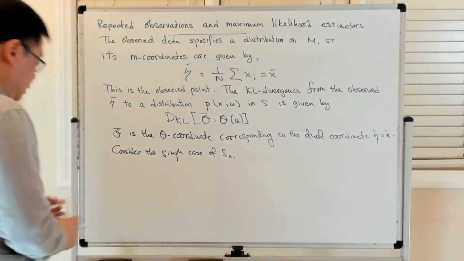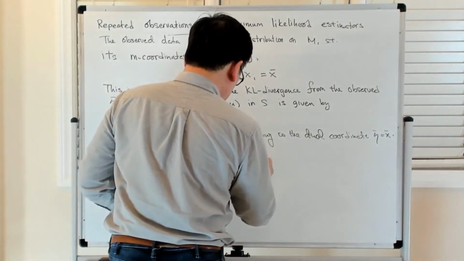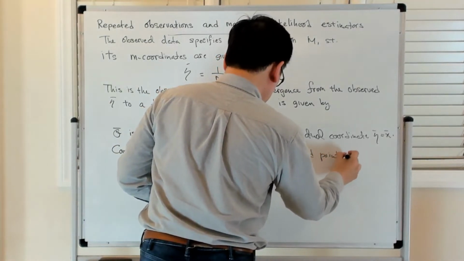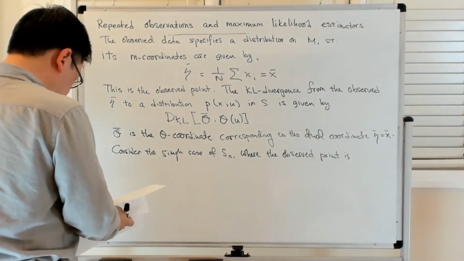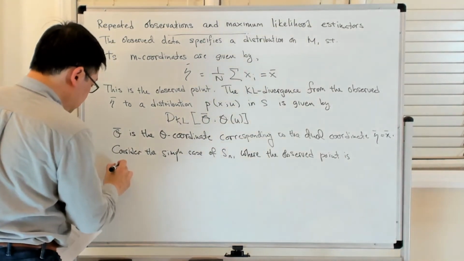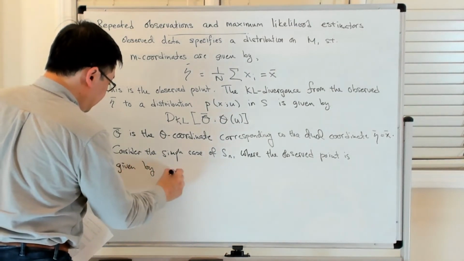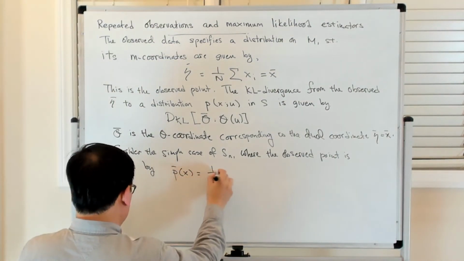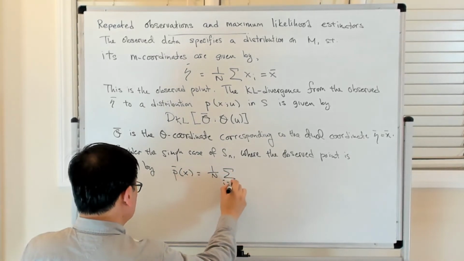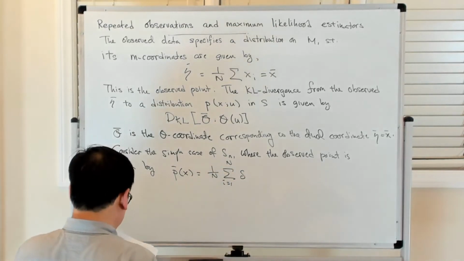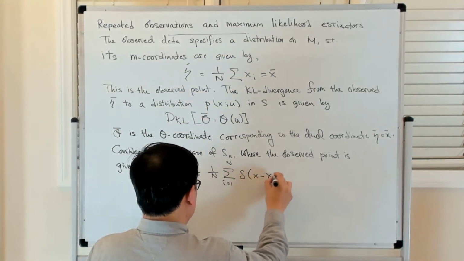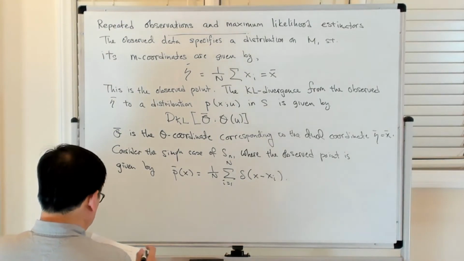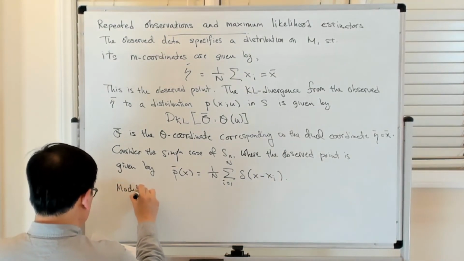The observed point is given by this probability distribution p bar of x, which is equal to 1 over n times the sum from i equals 1 to n of delta(x minus x_i). Okay. So modulo a constant term,